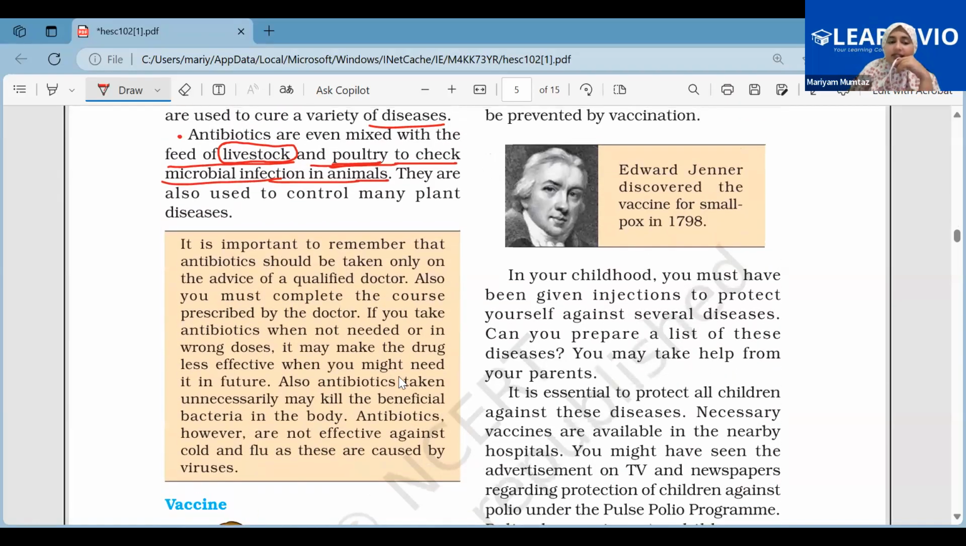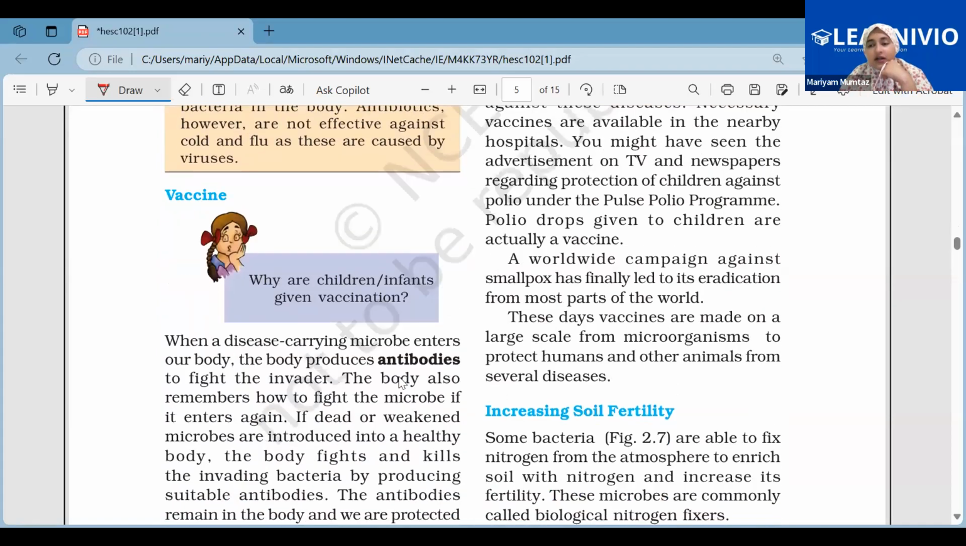And obviously this box says that it is important to remember that antibiotics should be taken only on the advice of a qualified doctor. Other than that, it can kill us also. So we should not experiment. Now, when we talk about vaccines, now, vaccines, they are,